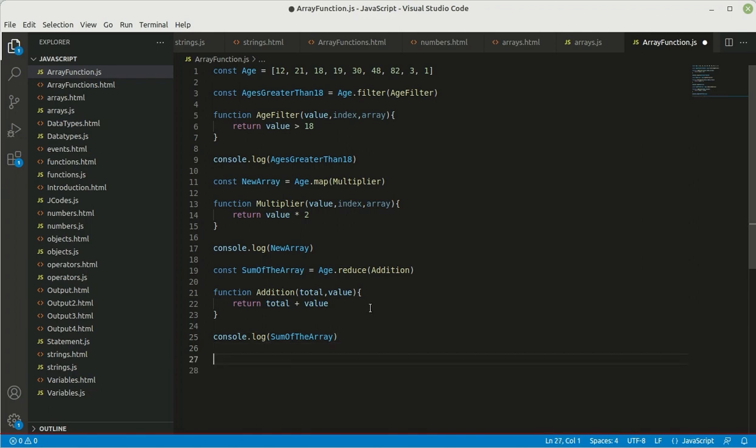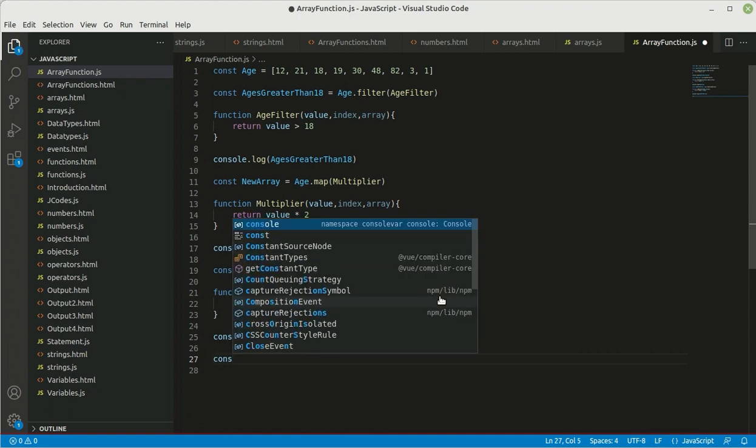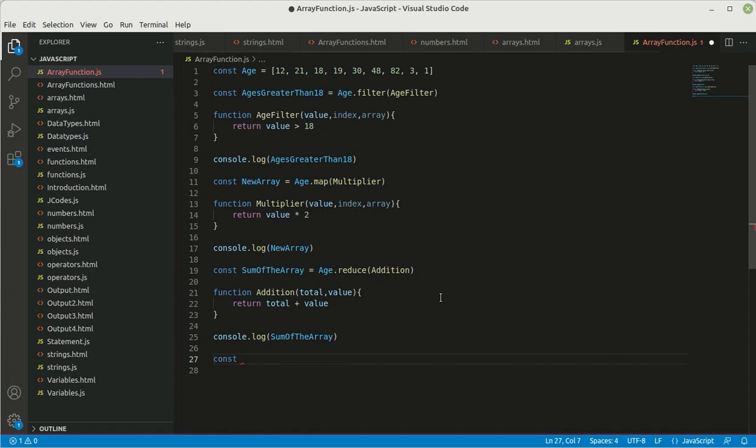So here we create a kind of test function for testing whether it's positive, and the method that we use is called array every. Let me write const, and here we're going to create a new variable, and I'm going to call it test. The test equals